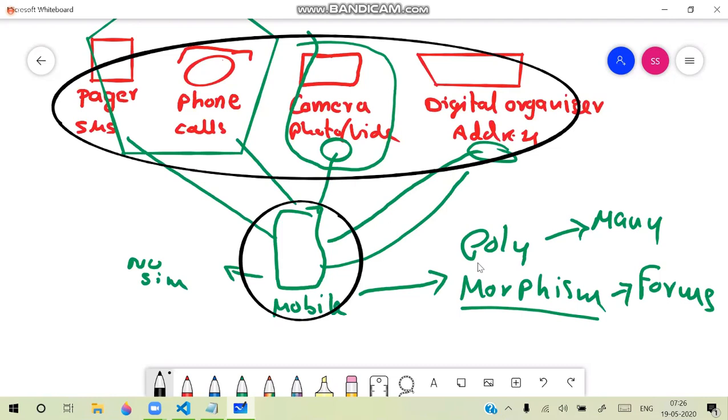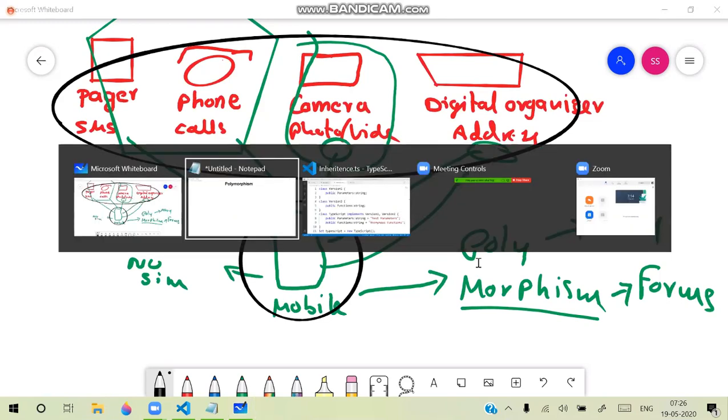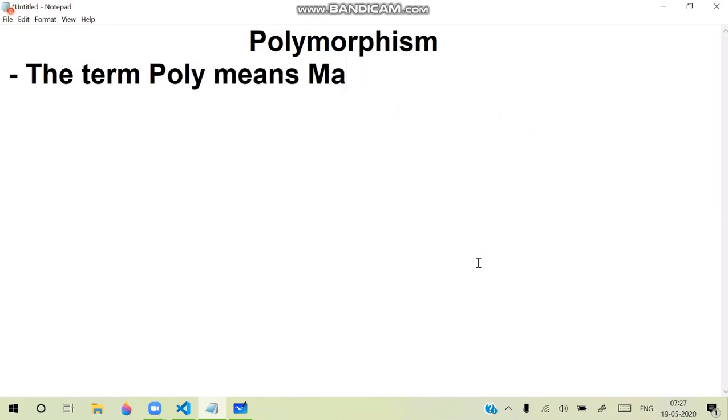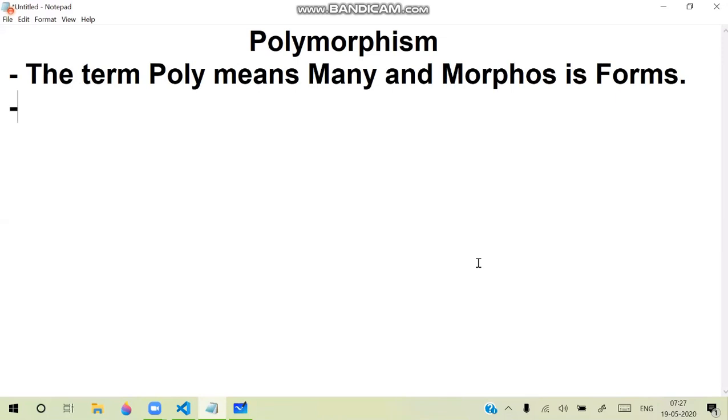So technically, how can you define this? Actually, the term poly means many, and morphos means forms. So polymorphism